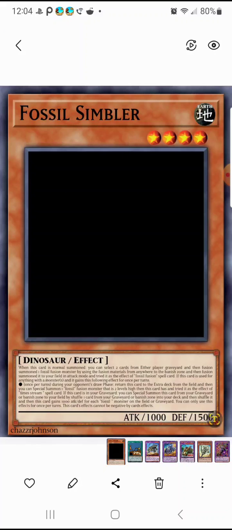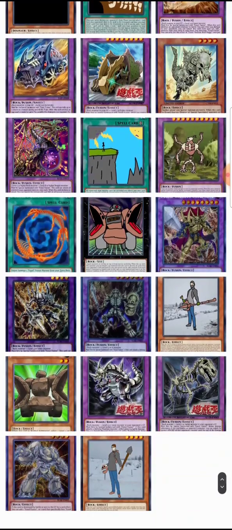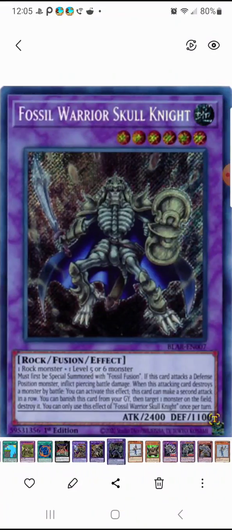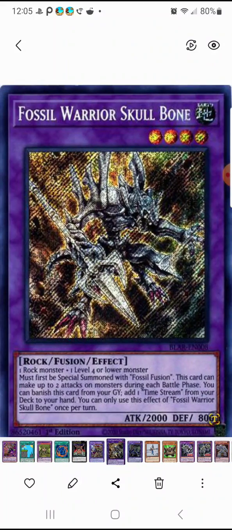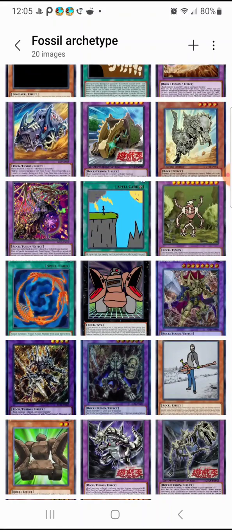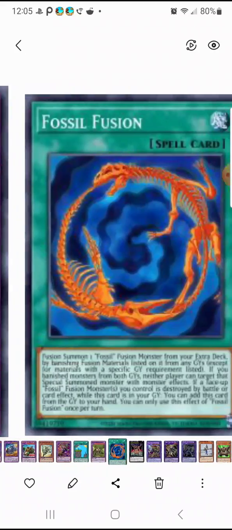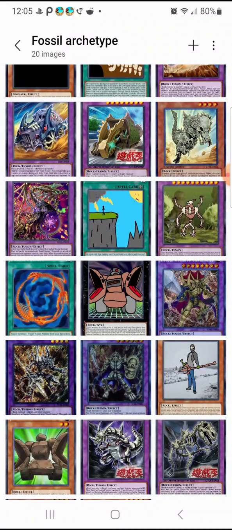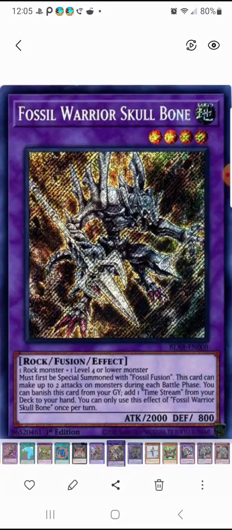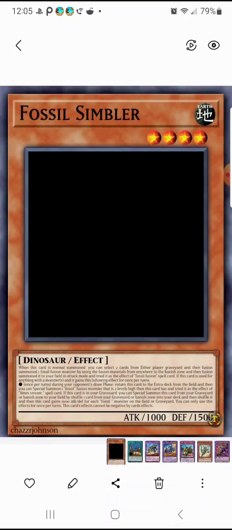So Time Stream allows you to rank up. It basically went from this, because it's level 4, to level 6, then into level 8, like 2, 4, 6, 8. So basically it will go from here to here to here. But this one,